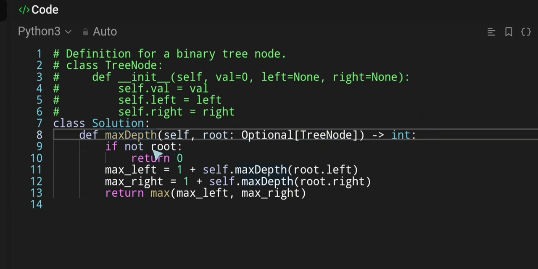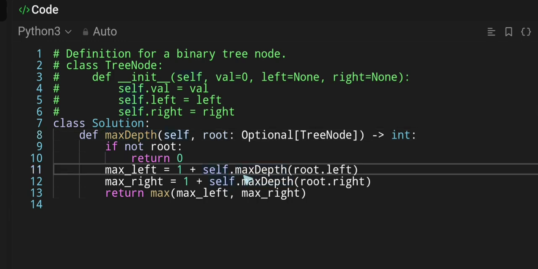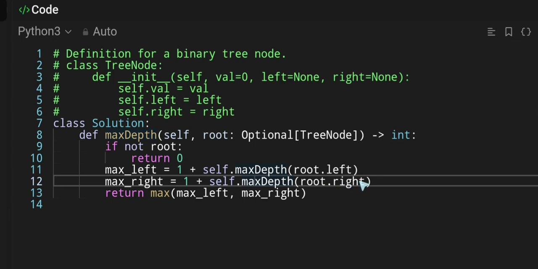If there is no root, there is no tree, then the maximum depth is 0. So we first do a check for the edge case. If not root, return 0. There is no tree. Then we call recursively the max depth of the left, the max depth of the right,